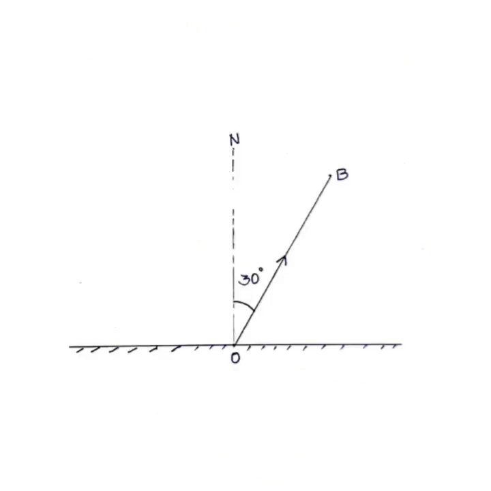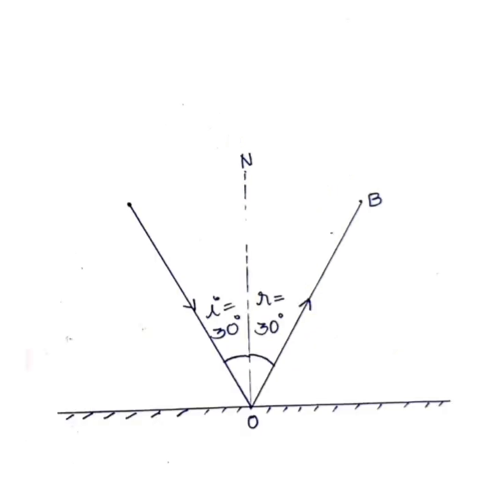There is a diagram in which the angle of reflection is 30° because the reflected ray makes this angle with the normal. This is a reflected ray because it is pointing away from the mirror. So following the law of reflection, angle of reflection will be equal to angle of incidence. So both will be 30°.